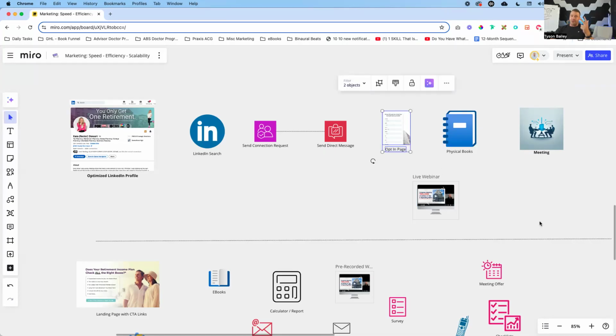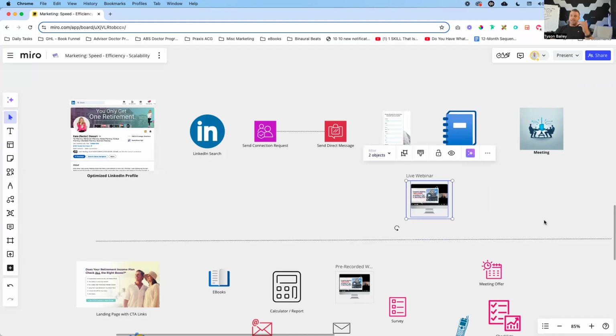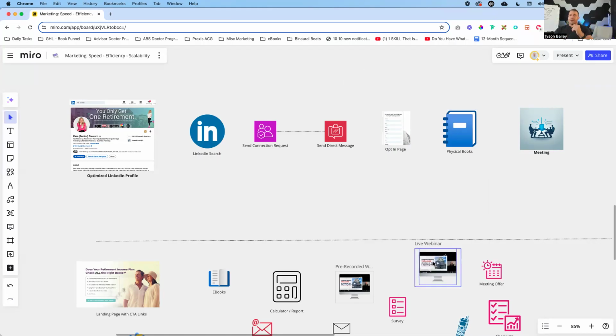Maybe I can sneak in a phone number. But for something like a physical address, there's no reason in the prospect's eyes why I would need to know their address if they're showing up to a webinar. With a physical book offer, that makes 100% sense. I have to ship that out to them. So now I'm able to get first name, last name, email address, phone number, and physical address.